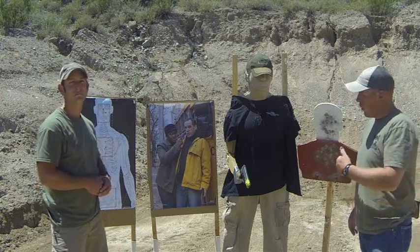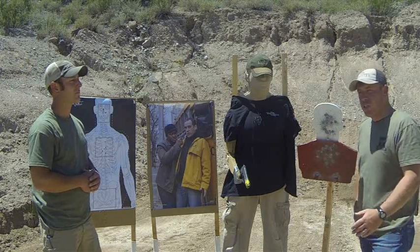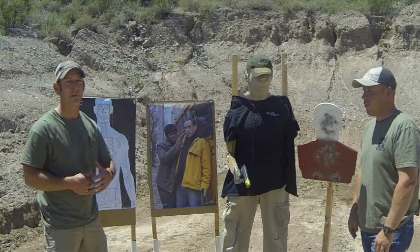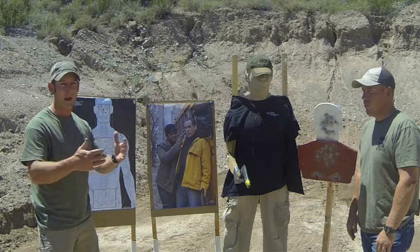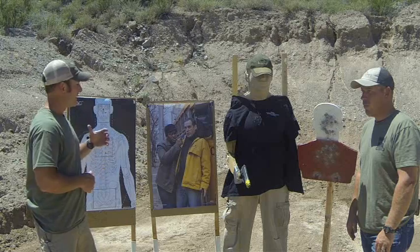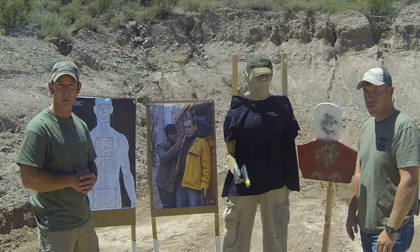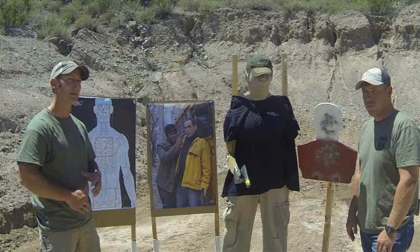Well, there you go, folks. A couple of the targets that we use at Independence Training for our small arms stuff. Doesn't matter what you use, just make sure that whatever you're using holds you accountable for your marksmanship. Also make sure that it's forcing you to think outside the box and put yourself in realistic training scenarios. Obviously there's no target that's going to replace an actual human combatant or any kind of real force-on-force training even, but these types of targets do make us and our students think outside the box a little bit. So whatever you're going to use, as John said, make sure that it holds you accountable for your shots, and also make sure that it helps you to put yourself in situations that may be a little outside your comfort